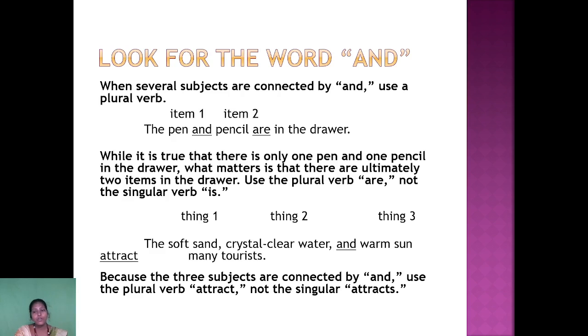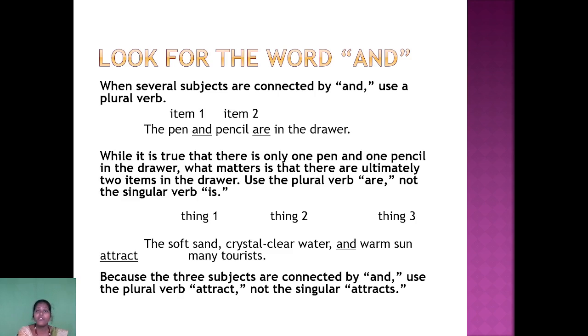And the fourth rule is and. We know that and is a conjunction. So when several subjects are connected by and, use a plural form. So listen, the pen and pencil are in the drawer. Pen is a singular one, then pencil is also a singular one, but the verb is considered plural. So several subjects are